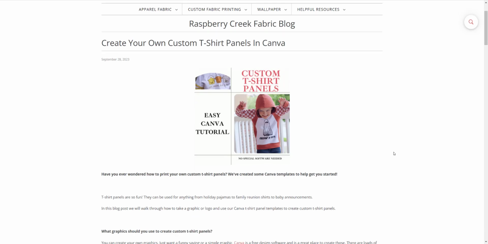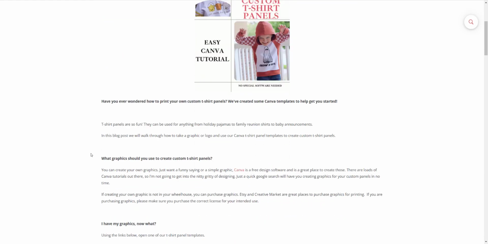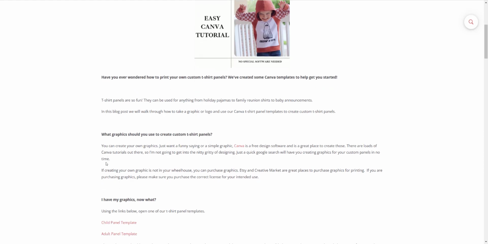Second bit of housekeeping is that this tutorial is not going to show you how to create the graphics that you'll use on your panel. It is just going to show you how to use our panel templates to create the print file that you would use to print the t-shirt panels. So you will need to have the graphics. You'll need to create or purchase the graphics that you're going to use on these panels before you use this tutorial. Okay, so that's what those first 2 paragraphs of our blog post cover,